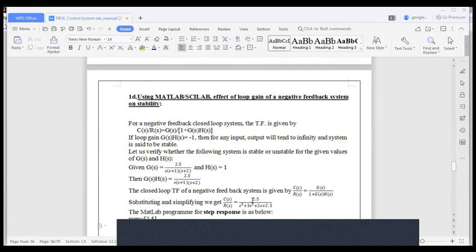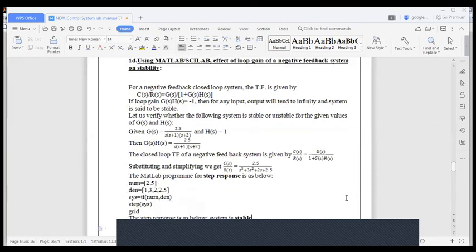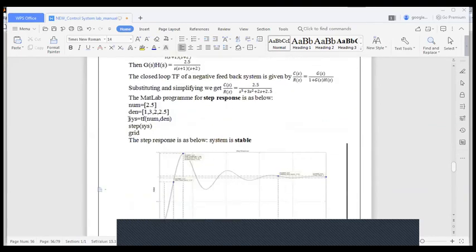Okay. So this is the transfer function. It is given G of s equal to 2.5 by s into s plus 1 into s plus 2. Here the value of gain K is 2.5, is it not? H of s equal to 1. Then you have the open loop transfer function G of s into H of s equal to 2.5 by s into s plus 1 into s plus 2. Now for this system you will observe the step response, that is when the value of gain is 2.5. Next case we'll change the value of gain and we'll observe the response. Just for two different values of gain, you have to observe the response.